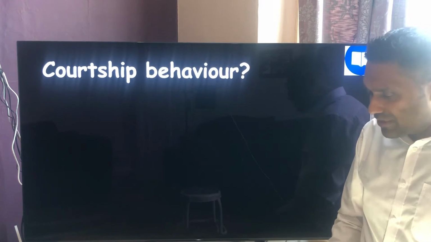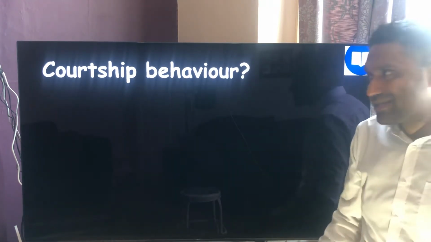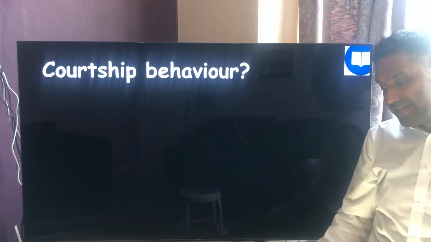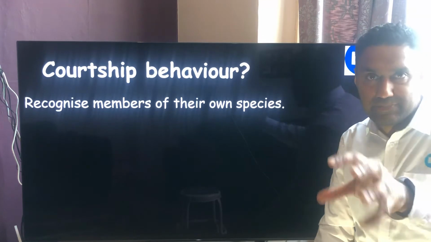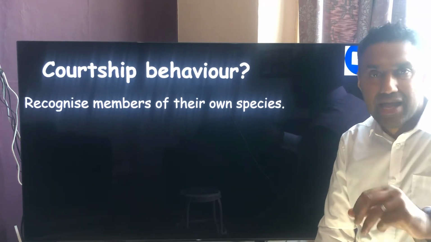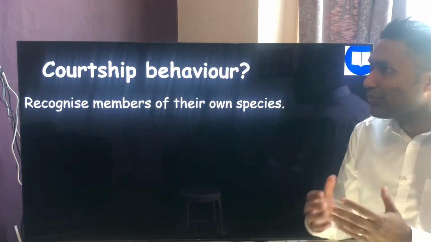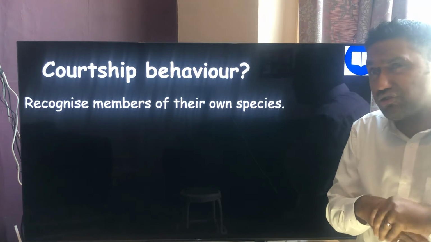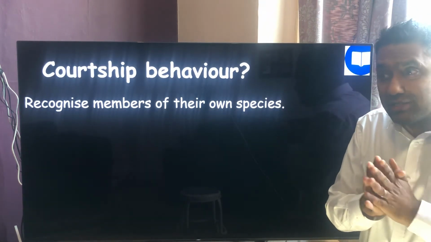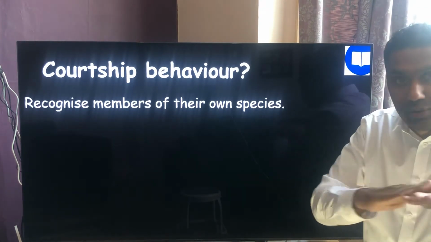So courtship behaviours then, what is courtship behaviours? Courtship behaviours is all about attracting the opposite sex, okay, of the same species. The whole purpose is to see, do you recognise this particular organism as the same species as you? Now obviously courtship behaviours, you probably recognise them in humans, because humans have very strange courtship behaviours. When the guys are trying to attract a girl, he'd either try to splash the cash, show them how much